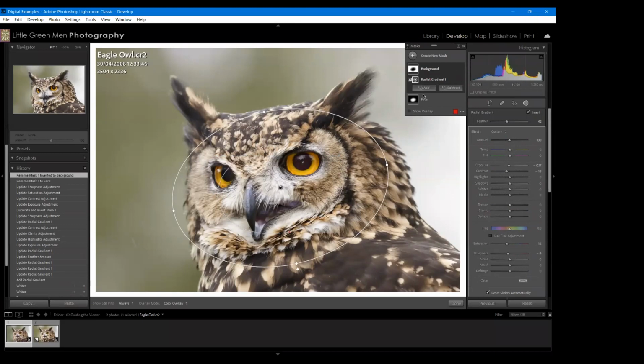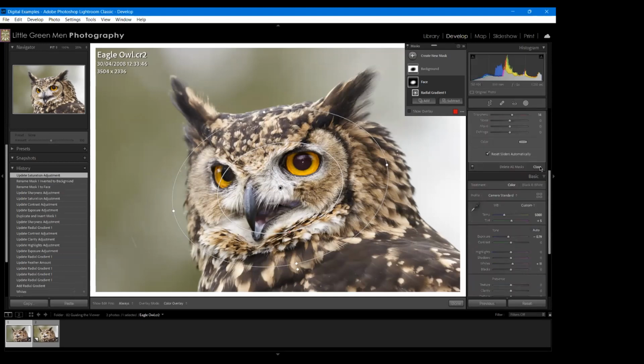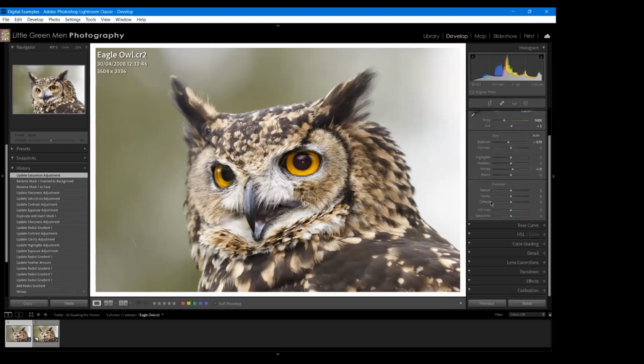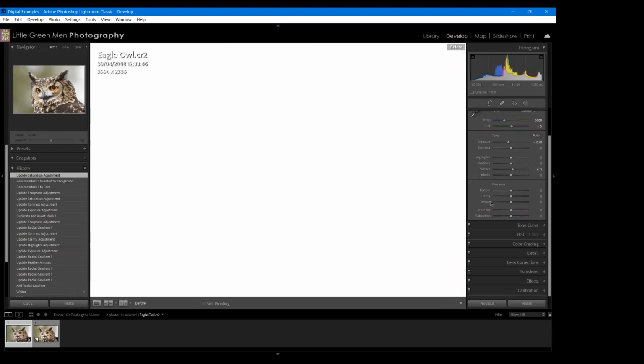Okay, so on the face here, maybe we can apply a little bit of extra saturation, something like that. You could go in, obviously you're not limited to this, and apply another adjustment on the eyes, another adjustment on the beak, and so on. But the important thing is, if I now go back to close and compare that against the original,